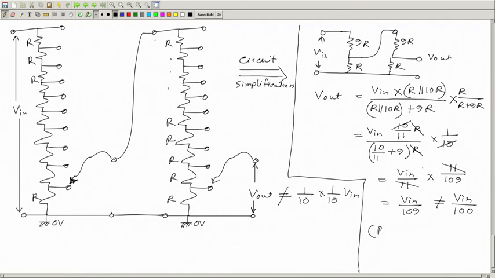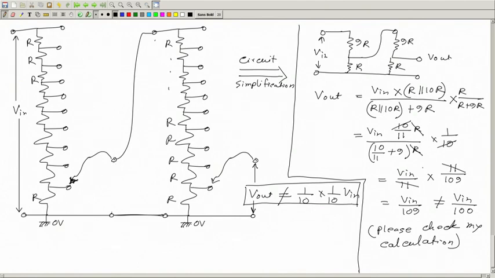Please check my calculation. If I have done any mistake, please point it out, correct it yourself, it is not difficult, but the conclusion is this: V out is not 1 over 100 equal to V in. So, this is the observation. And why is it so? Actually, this is because,